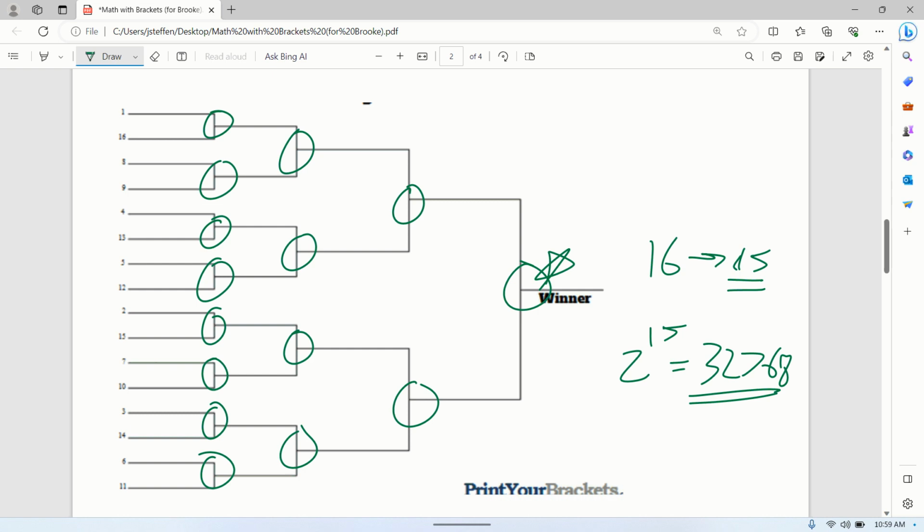So what's the probability that today, when you choose your snacks, you choose a perfect bracket where every single one of them you get right all the way up into the winner? Well, there's only one perfect bracket that you can pick if you get all of them right, and there are a total of 32,768. So if you want to look at what that is as a percentage,